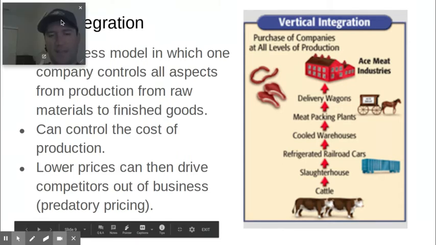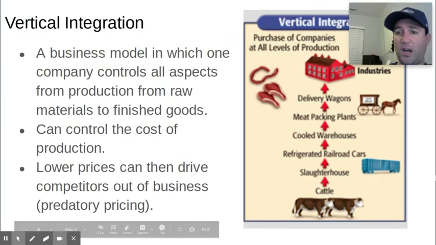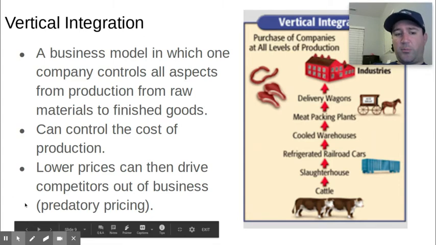So because of that, vertical integration allows them to get lower costs, and they can lower their prices so much that it could drive their competitors out of business. If you are a consumer and you have two products of the same quality and one's cheaper than the other, then quite honestly, most people would pick the cheaper product. It is just the law of supply and demand. That's how free markets work. So this is something that's called predatory pricing.